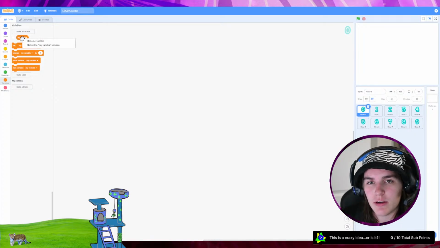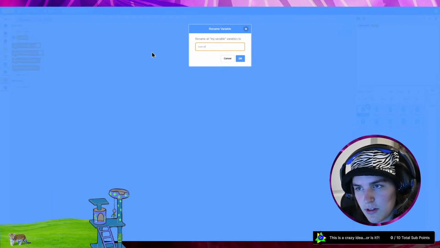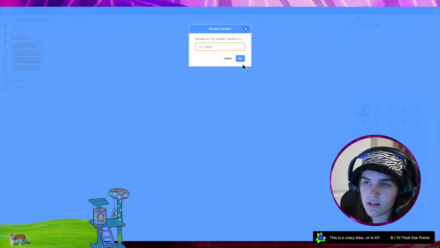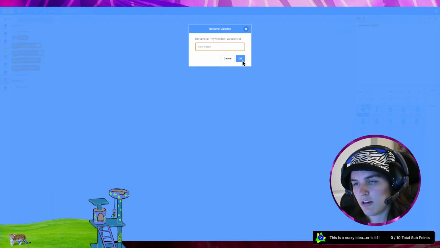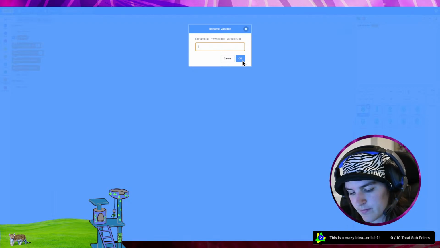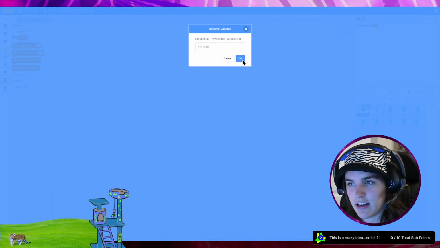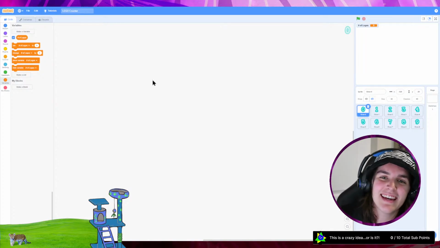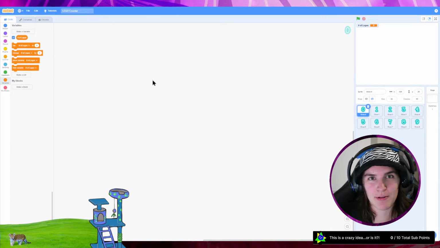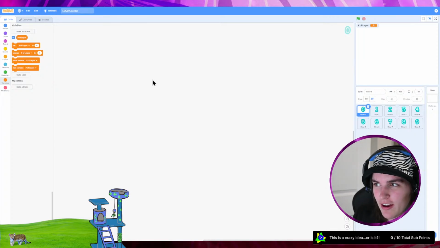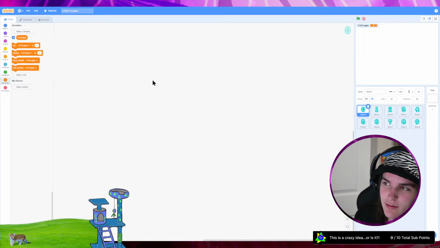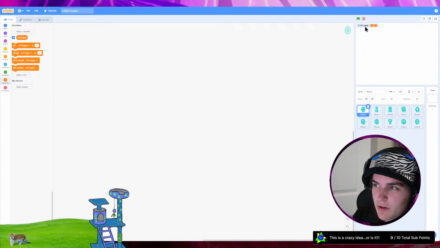Or actually, can I just edit this variable? Look at that. I can. Okay, let's rename it. This is going to be number of Legos, and I just did num for short. This is terrible naming conventions, but because it's Scratch, I'm gonna do it anyways. I could do camel case if I did num of Legos without the spaces, but it's Scratch, and it doesn't really matter too much because when I double click on this, it just turns into a number.